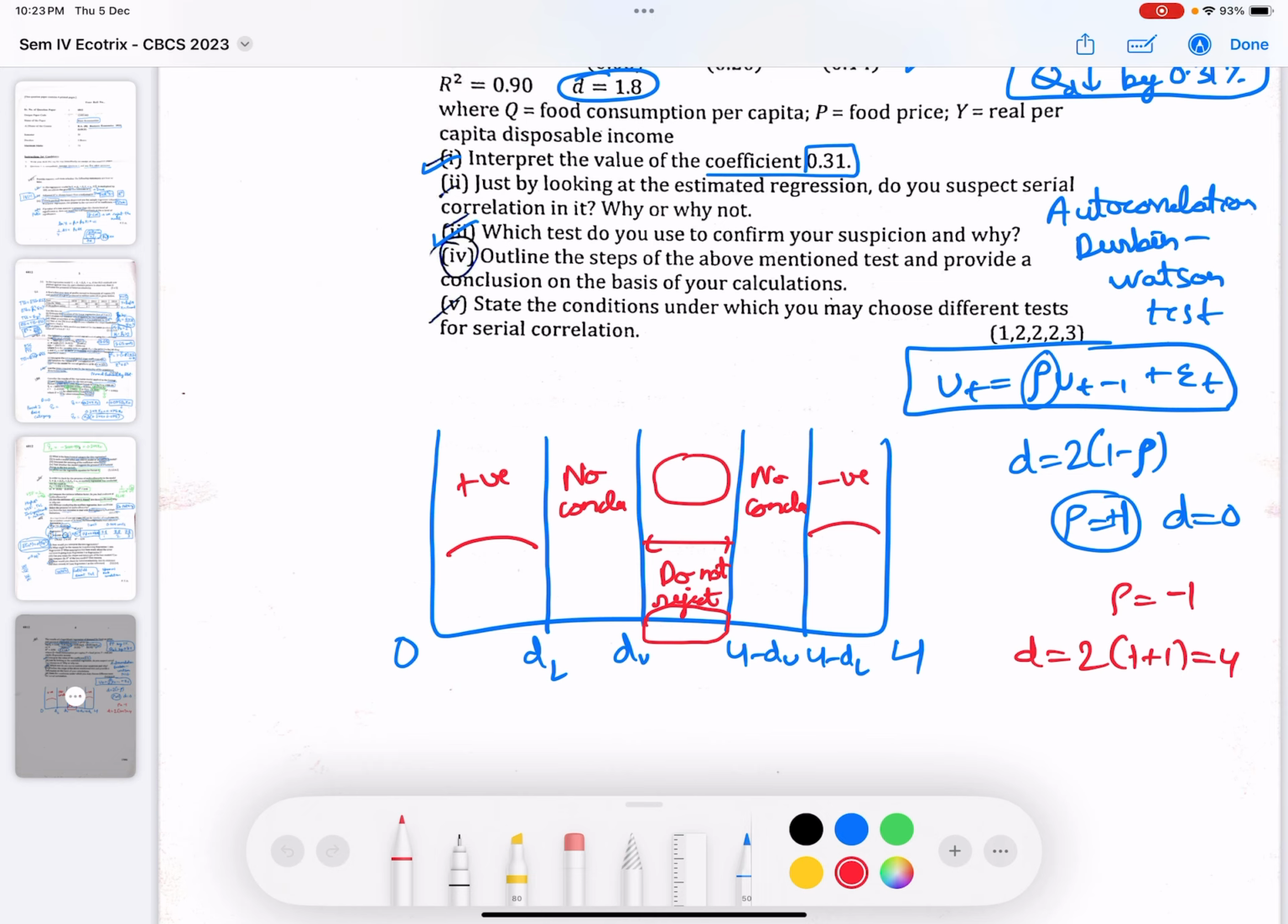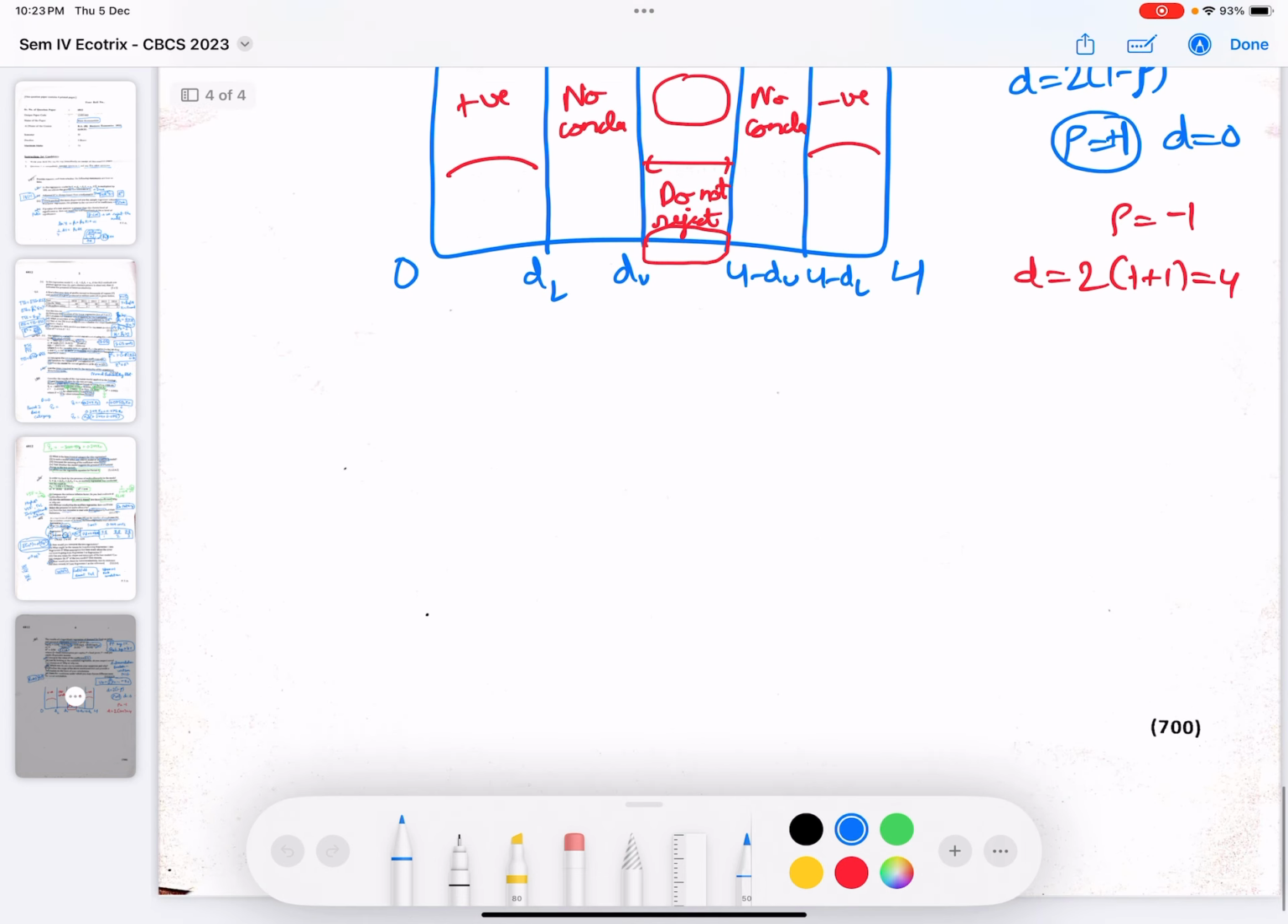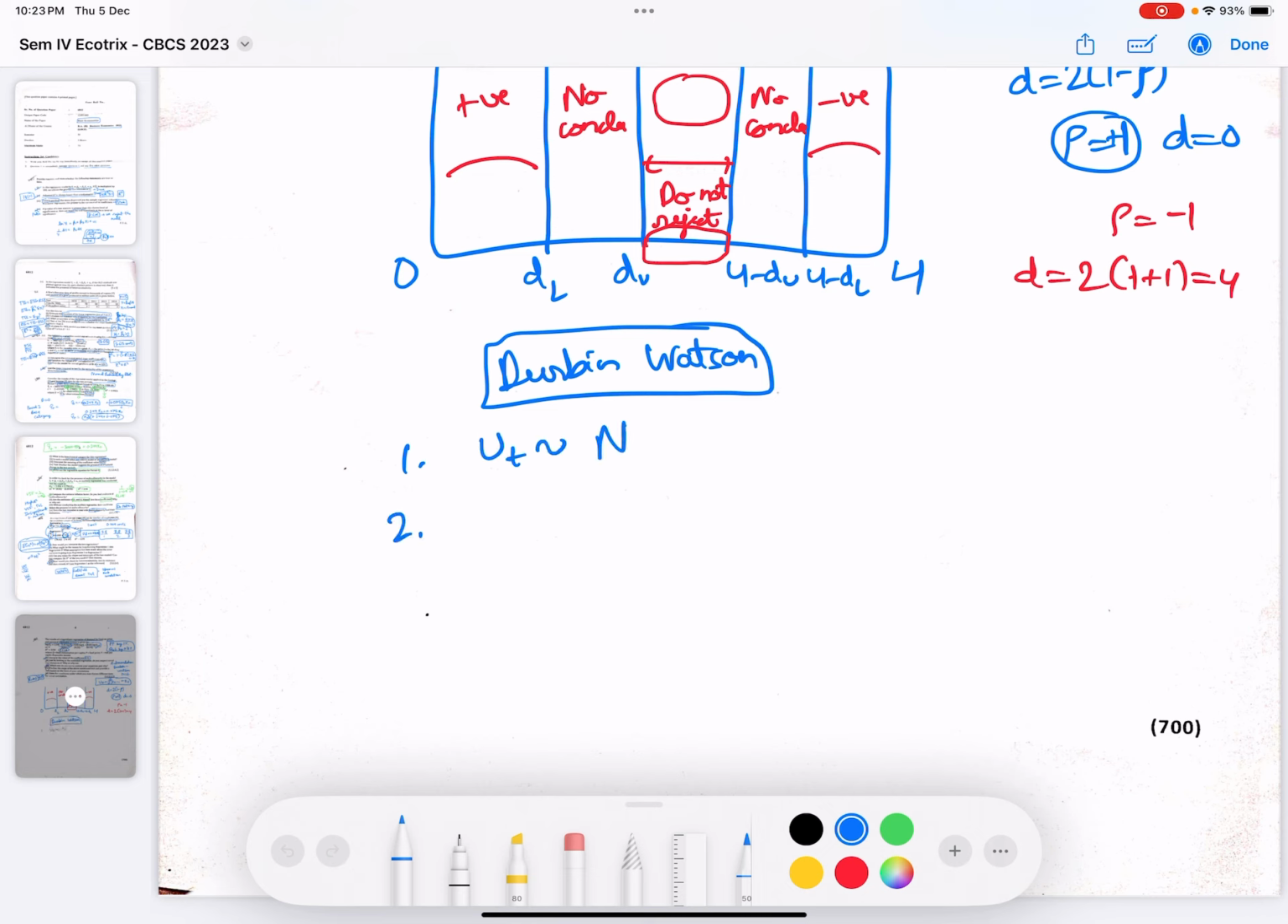Now the fifth part: you are supposed to state the conditions under which you may choose different tests for serial autocorrelation. What are the different tests? One we have is the runs test. Basically in this part, you are supposed to tell some of the shortcomings of the Durbin-Watson test. One shortcoming is that it assumes the error terms are normally distributed. And the second issue is that they assume the error terms follow